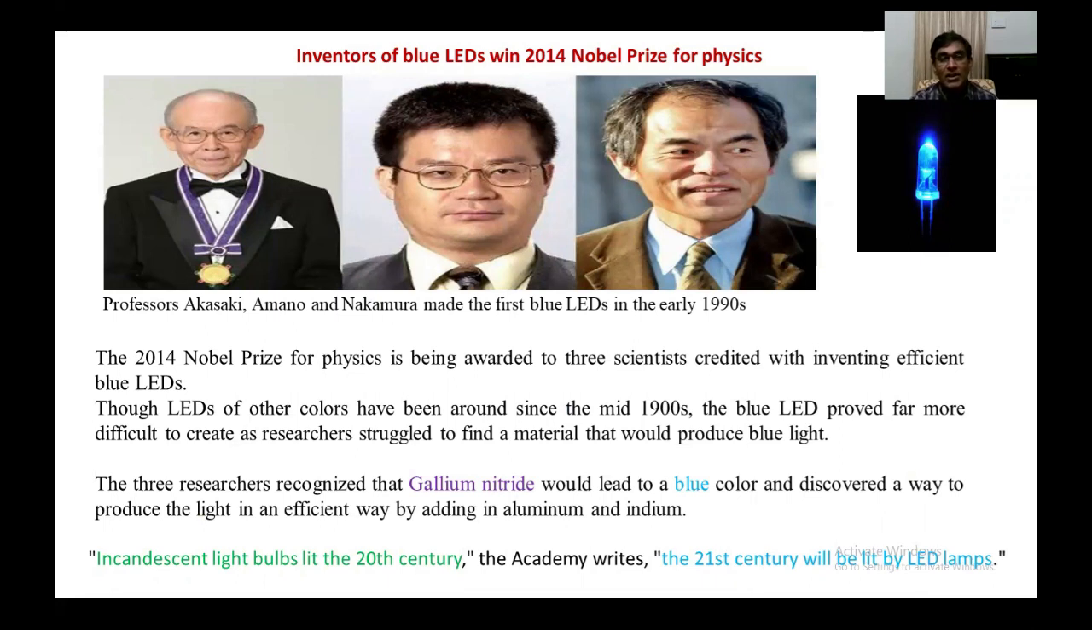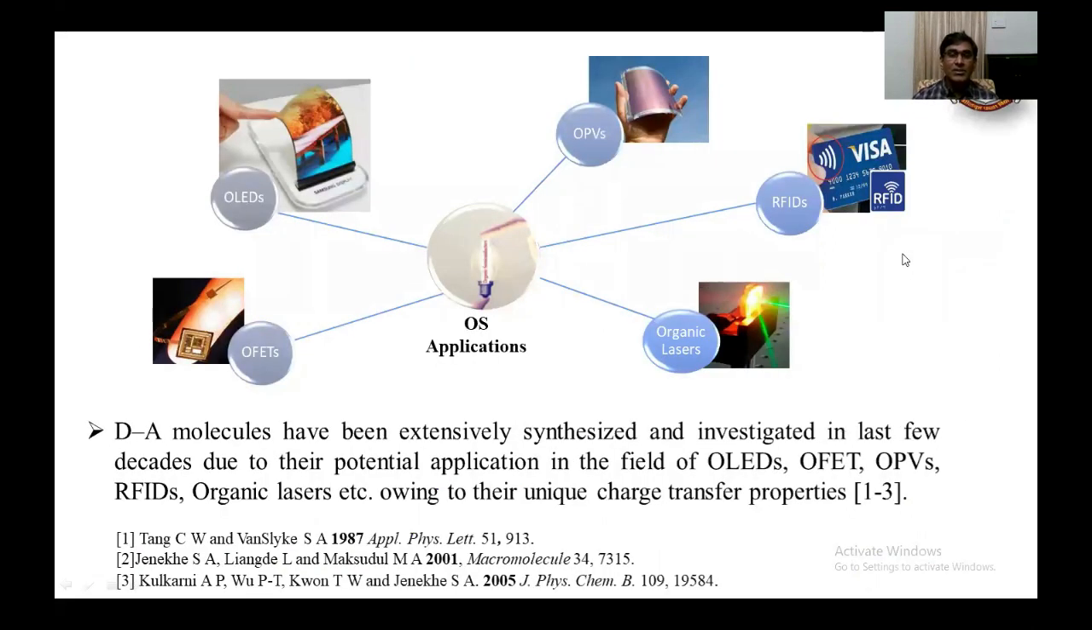Now, if you see the applications of these organic semiconductors, they are used in what? Organic field effect transistors, organic light emitting diodes. Nowadays, we have the flexible OLED displays, organic photovoltaics used as a solar cell, RFIDs, and